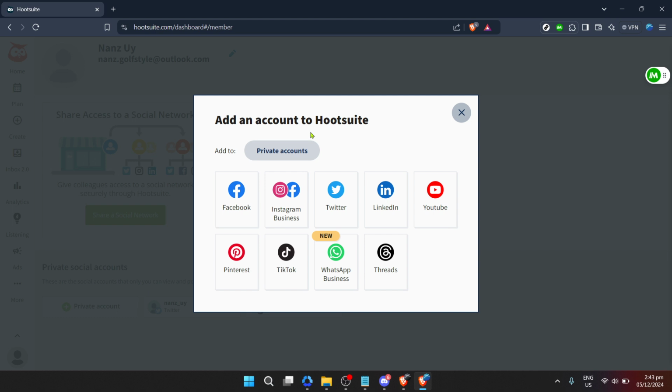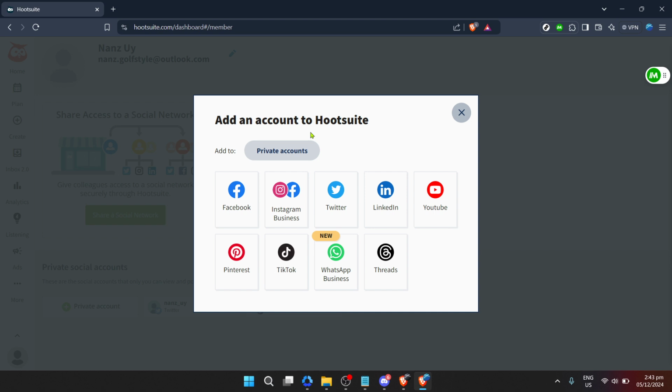After choosing the platform, you'll be guided through the process of granting Hootsuite permission to access your account. This typically involves logging into the selected platform and authorizing Hootsuite to manage your account. It's a crucial step that bridges your social media account with Hootsuite, enabling functionalities such as scheduling posts, monitoring feeds, and gleaning insights from analytics, all from a single dashboard. Congratulations! At this point, you've successfully integrated a new social media account into Hootsuite.